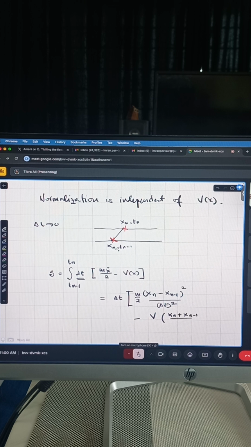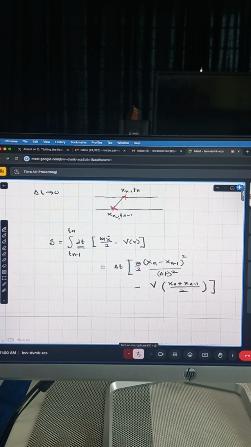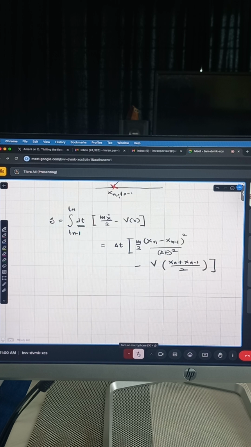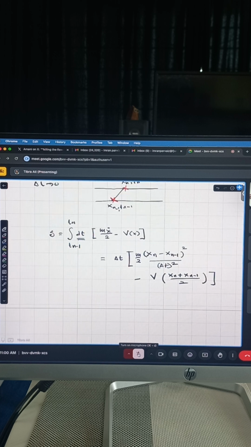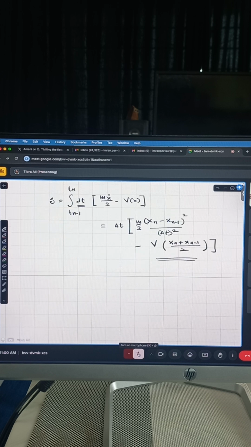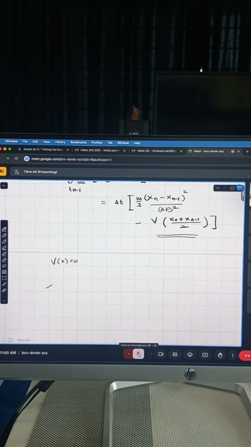So this is basically what it is going to be. We are going to evaluate the action for a small bit using this. Now, since we assume that the normalization factor is independent of this thing, to compute the normalization factor, we can ignore it. We can do it for the case where v is 0. So do it for the case where v of x is 0. So if v of x is 0, then we have from this prescription,